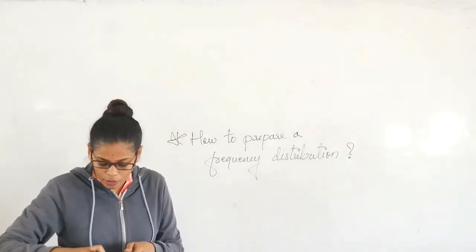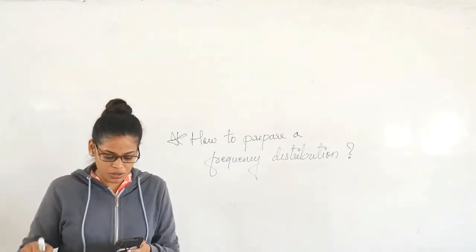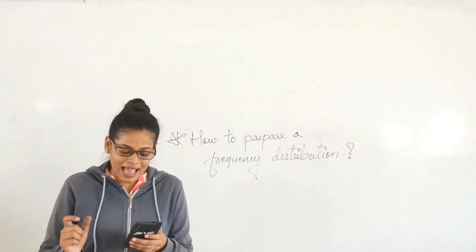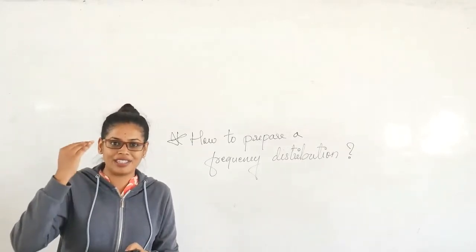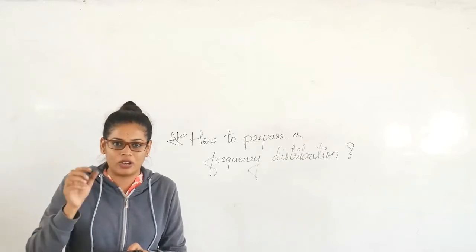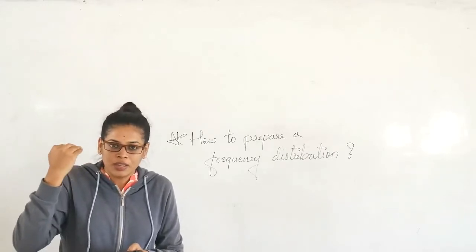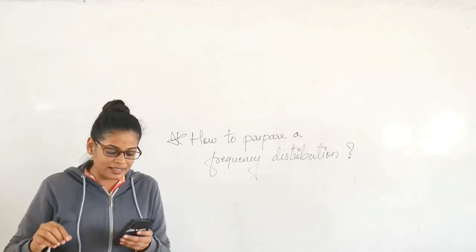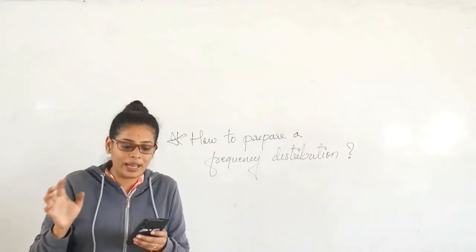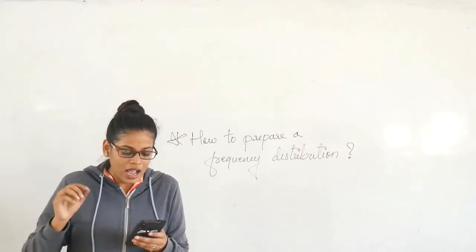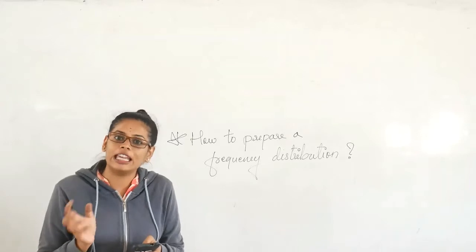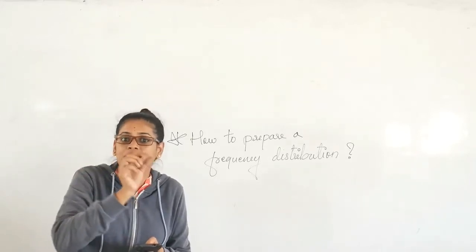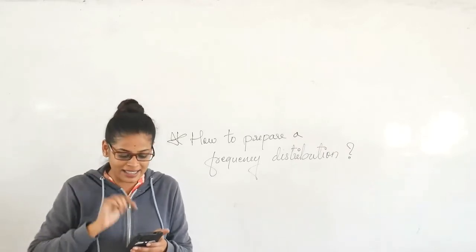Okay, we have 4 questions. First I'll just read out those 4 questions. First is, how many classes should we have? We have seen the class intervals 0 to 5, 5 to 10 and so on, right? So we will understand how we have come up with that. So the first question talks about how many classes we should make. The next question is how the size of each class should be. When I have this, how did I decide that it should be from 0 to 5? That we will understand in the second question.